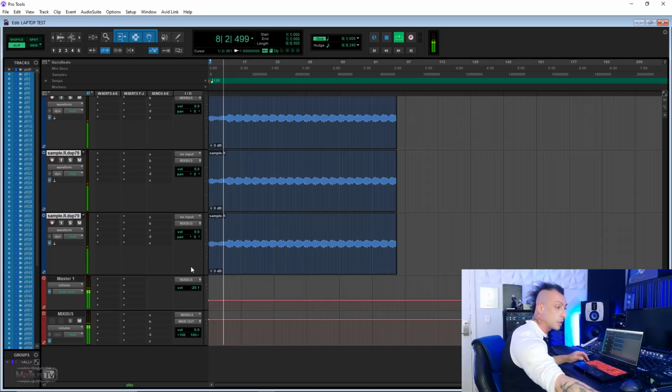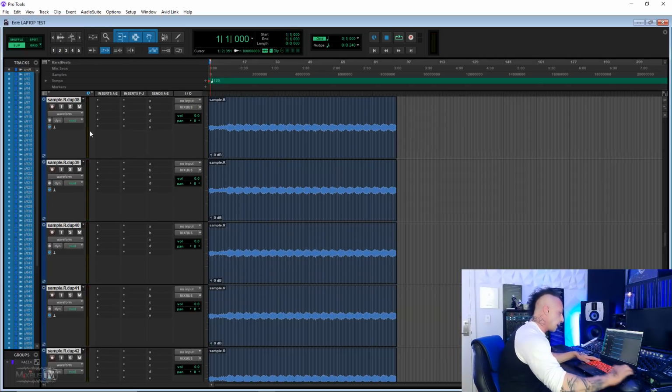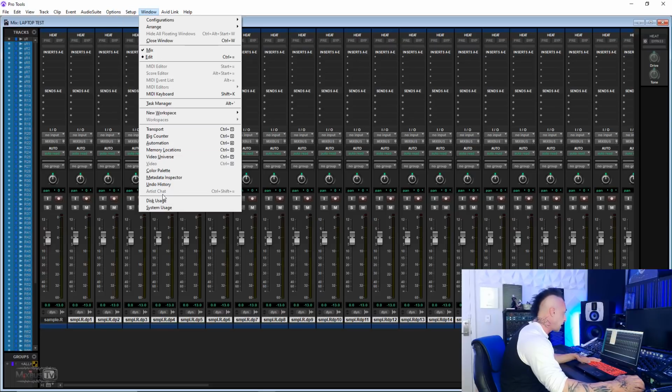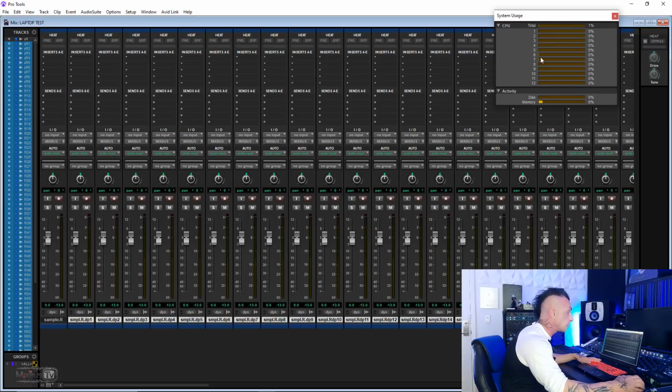All right, sounds good. And the fans did not go higher than this. Right now I'm going to open the display for system usage. And right now we are at absolutely nothing. 80 tracks is not playing. And if I play 80 tracks, no plugins, the CPU is at 4%, 3%, and the memory is at 8%,